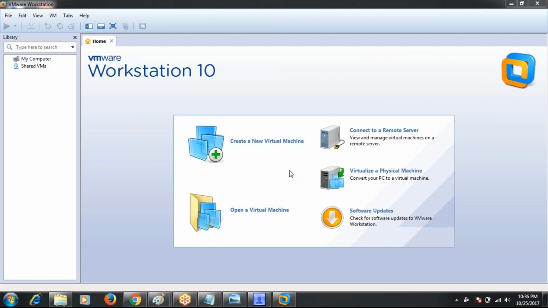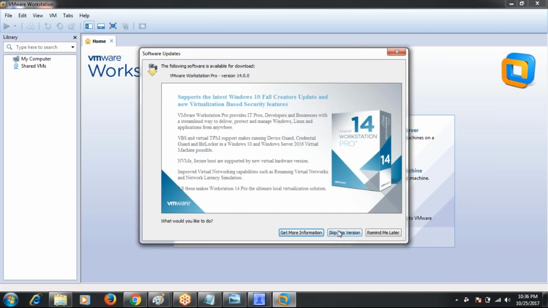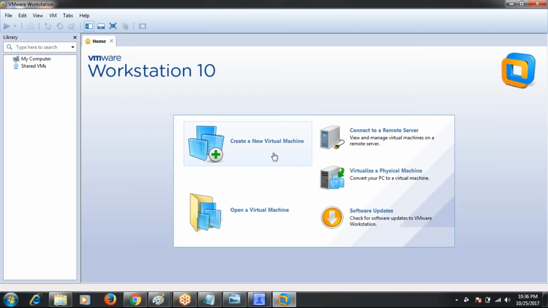If you are installing a new Hadoop cluster, then you can choose create new virtual machine. If you already have installed Hadoop files, then you can use open virtual machine, select that Hadoop file, and import it into the virtual machine. But at present we don't have that. We are going to install a new Hadoop cluster, so click on create new virtual machine.